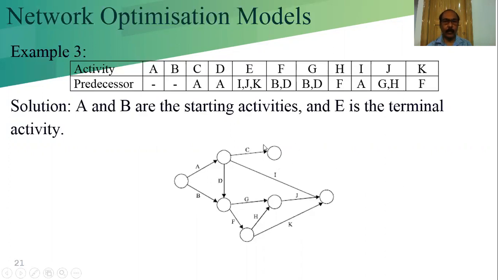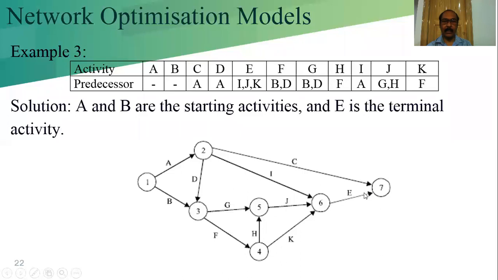So when we are drawing, we cannot decide where it will go. But from here, if we check, we can see C is not the predecessor of any activity, so this will go there. But where it should be placed, that we have to draw later on. So it is better if we do not draw C the first time, but draw it last. That's why in the drawing we have to use a pencil and eraser.